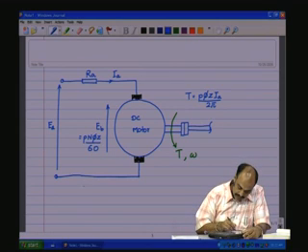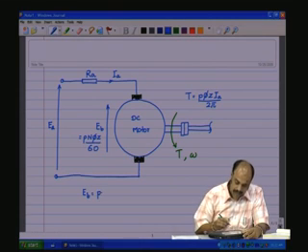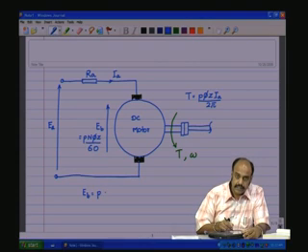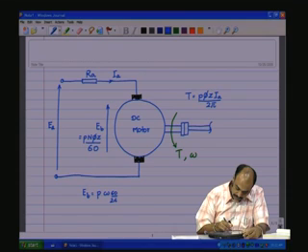If we rewrite this here, EB equals P. Now, if it had been omega in radians per second, I have to convert that into RPM. So, omega, which is in radians per second, to convert it into RPM, multiply by 60 by 2 pi, where omega is in rads per second. Now, this whole thing is in RPM,